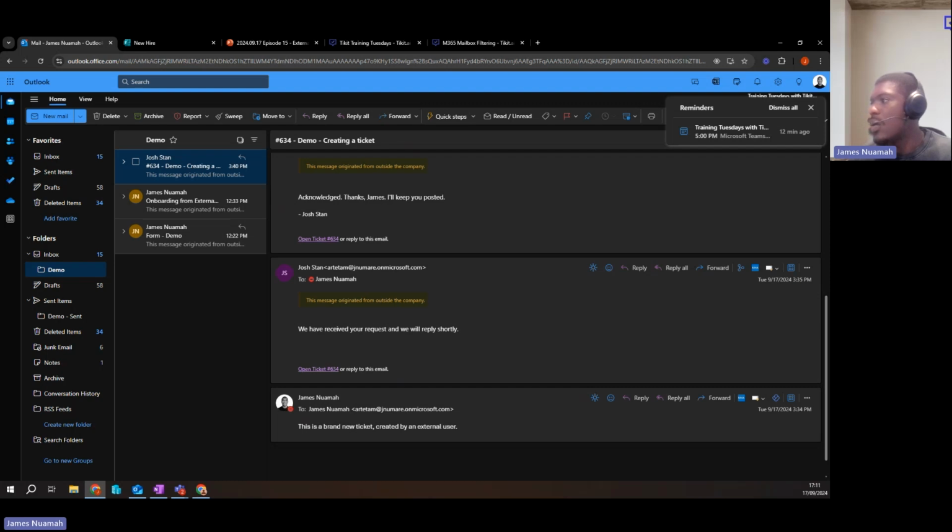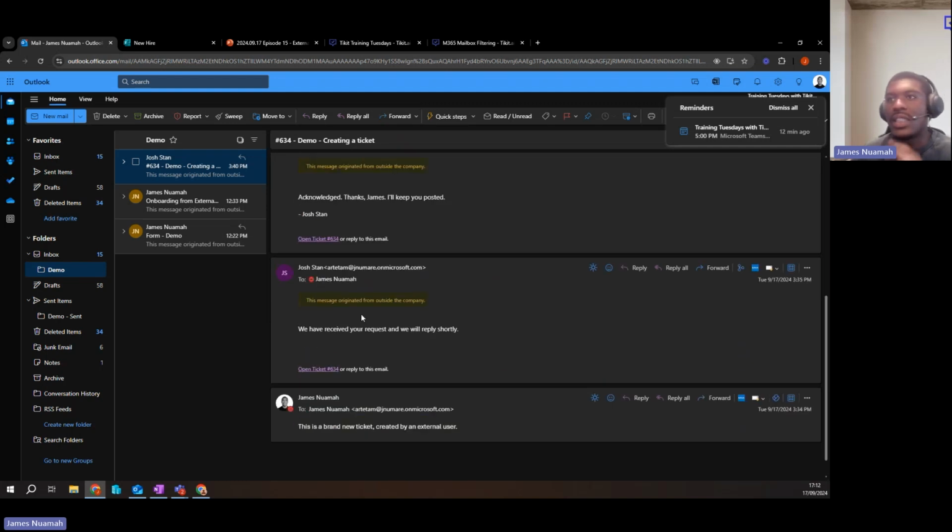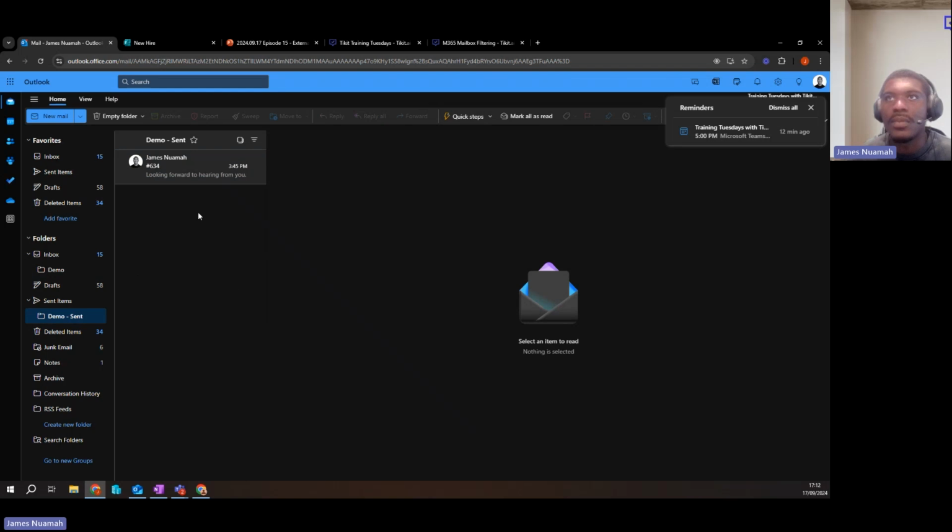Now we'll tackle some of those workarounds. Since the external users don't have access to the request portal, when they click this link, they won't be able to log in. They're not part of the tenant. So what can they do? If they want to send a comment, or if it's been a while and they want to find it, what can they do? Well, since they've been given the ticket number here, ticket number 634,